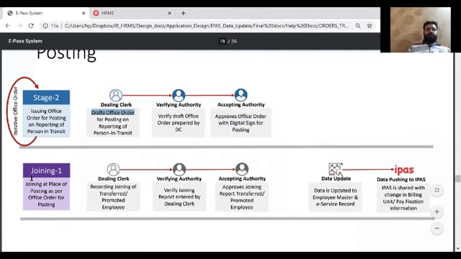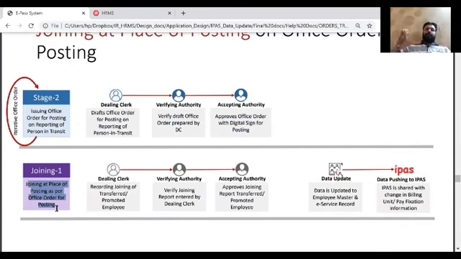Now we'll come to the joining information. Now the posting office order is issued. The employee will report or join his new responsibilities, or in case of promotion or transfer within the unit, the employee will join his higher responsibilities. At this particular time, the joining information will be captured. So stage 2 part 1 was only for outside unit transfer cases where a posting order is issued. In the rest of the cases we will come directly to the joining stage.